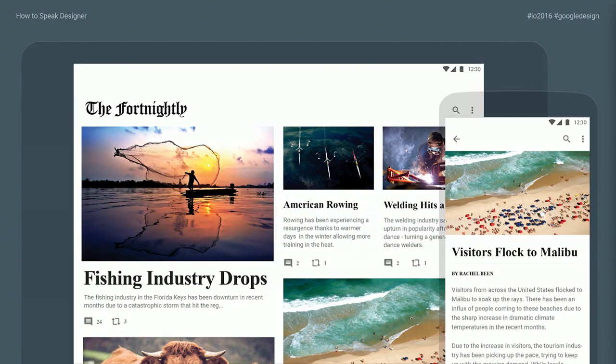So we talked a little bit about Shrine. Now let's shift our focus to the news app, The Fortnightly, to talk a little bit about typography. Typographers both use type in a layout and make typefaces for use, so there's a really broad skill set even under the term typography. But whenever I look at a typeface, I like to ask myself three simple questions, sort of going back to Rich's basics. What is a typeface's history?